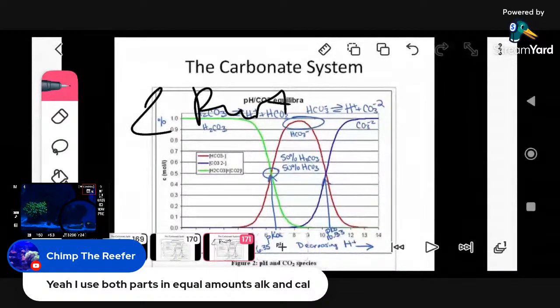Yeah, I use both parts, equal amount, alkalinity and calcium. And like I said, it all depends on who the manufacturer is. If the manufacturer says use 1 and 1, use that. If I make you a 2-part, or you dose, for example, if you use my salt,